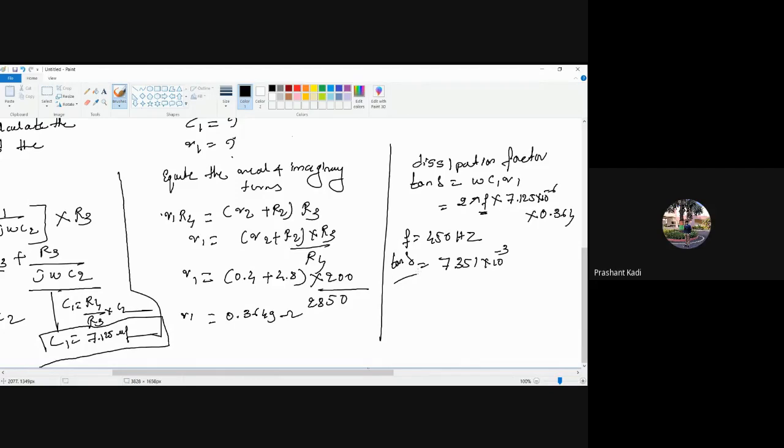Okay, so we'll end the class now. HOD madam will continue the class. Shall we end? If you have any difficulties, please note them down. We'll clarify those difficulties in the next class. If only two bridges are left and those two bridges are completed, then your first module will be completed.